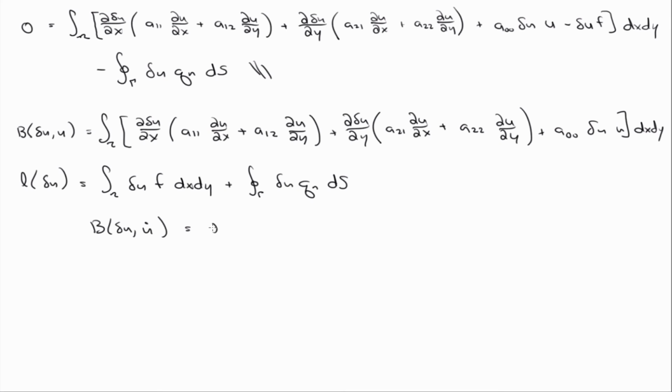Now the only way that B is symmetric is if A12 equals A21. Right. So if this is